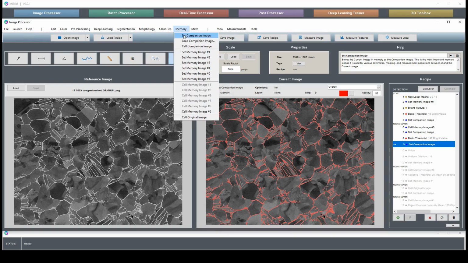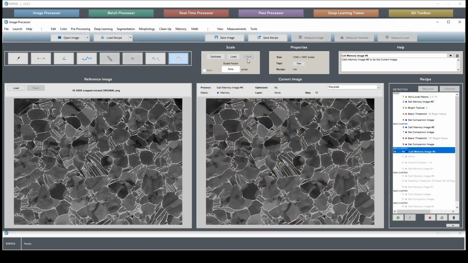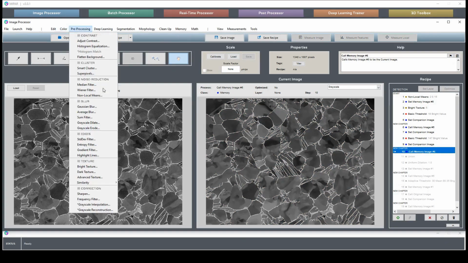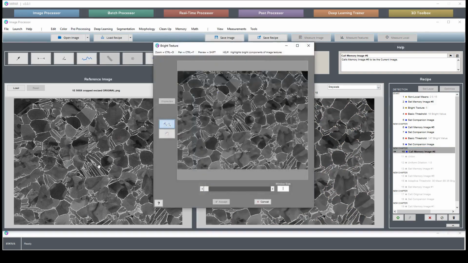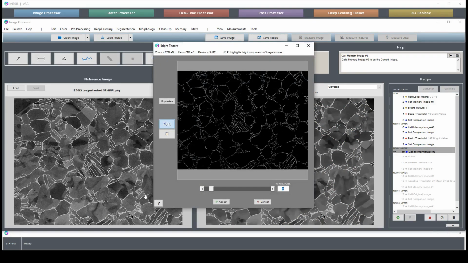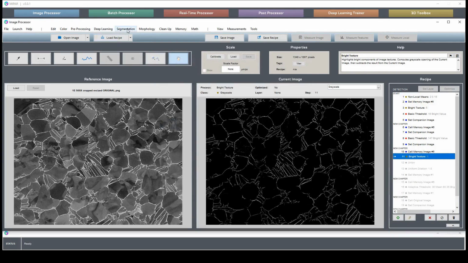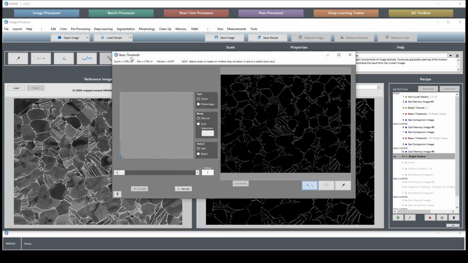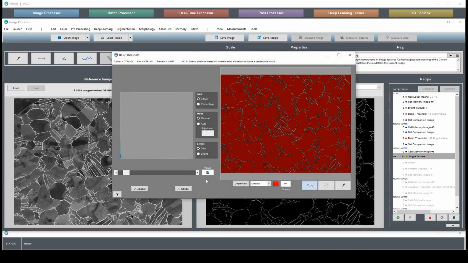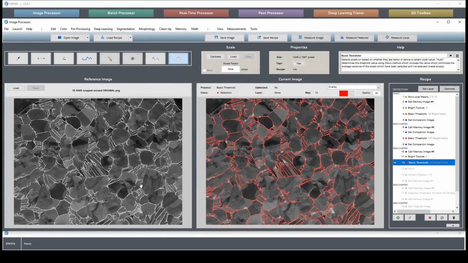So memory, call memory image 6, bright texture, 5, do our basic threshold of 18, right. Okay, and now